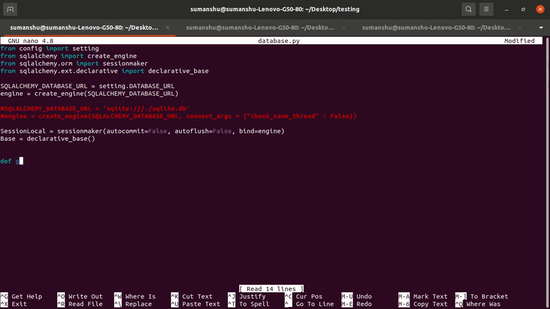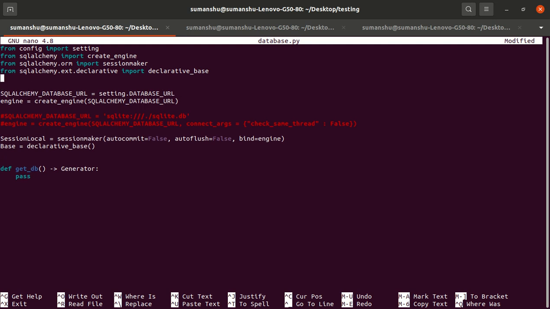So we will create one function, get_db, and it will return a generator, right? So we have to import from the typing module. This is generally the syntax of the typing type hint functionality. From typing we will import Generator.